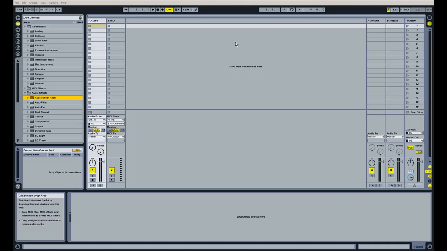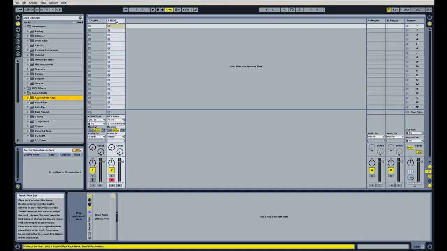And the way I like to think about it is, you see a guitar player who has a huge array of effects pedals at his feet, and this is kind of the computer musician's way of getting that same effect, where you can just chain tons and tons of effects together and control them any way you want, pretty much. So I'm going to start off by dragging the audio effect rack into this MIDI channel here,